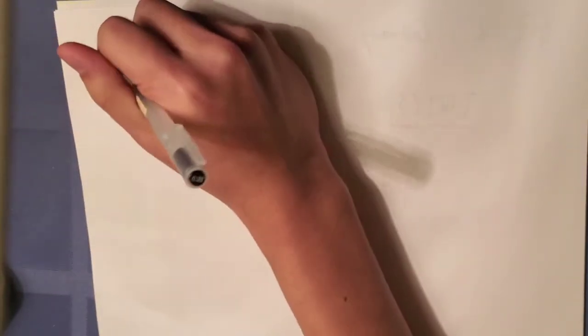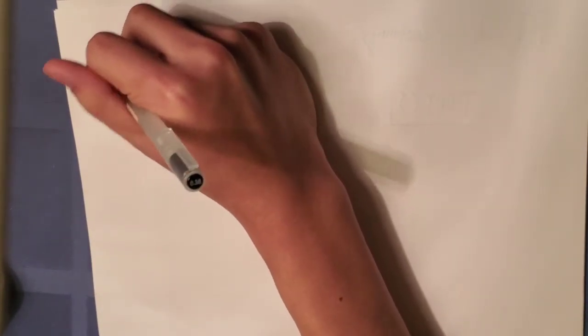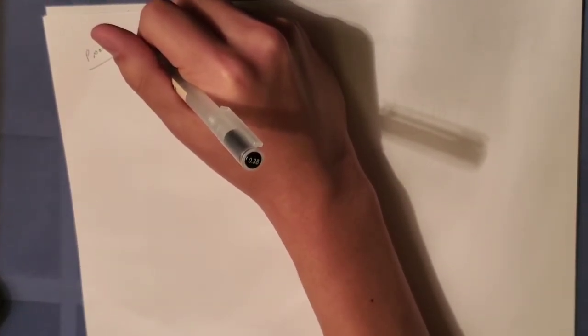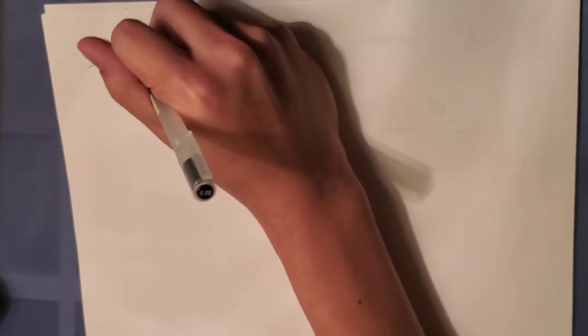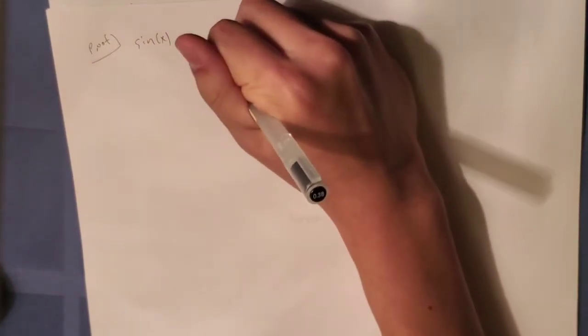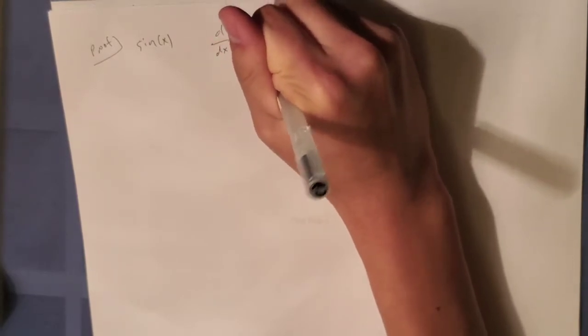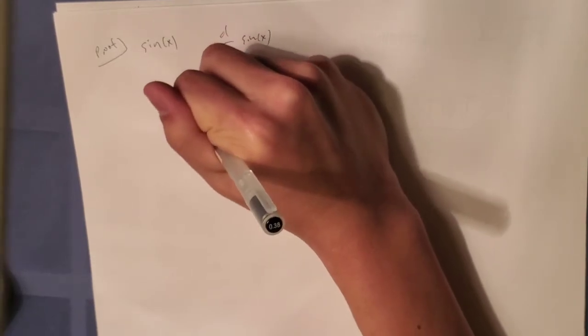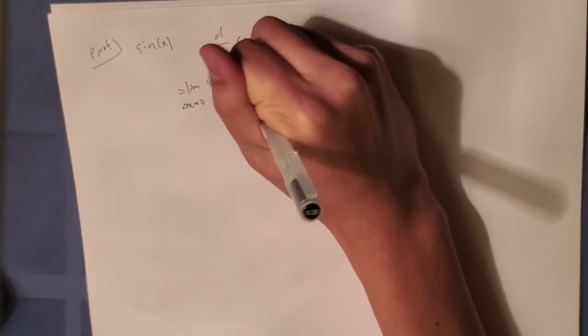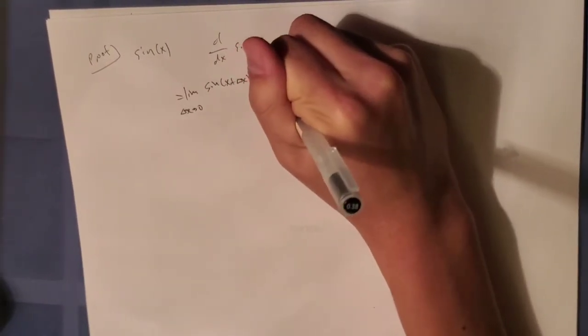So let's do cosine of x first. So proof cosine, or actually let's do sine first. Sine of x. Okay, so for this, d dx of sine of x will equal the limit as delta x approaches 0 of sine of x plus delta x minus sine of x